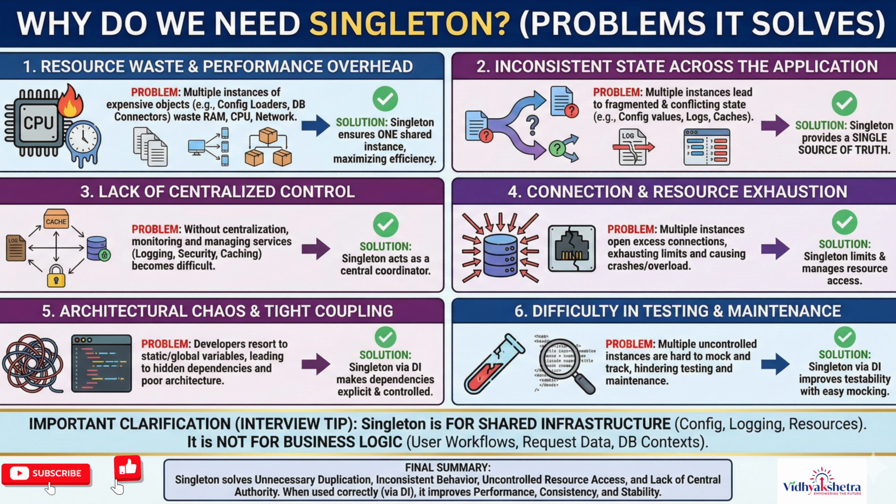Problem 1. Resource waste and performance overhead. Some objects are expensive to create. Examples include configuration loaders, logging systems, database connection managers, cache systems, and messaging clients. If every part of the application creates its own instance of these objects, the system wastes memory, CPU, and network